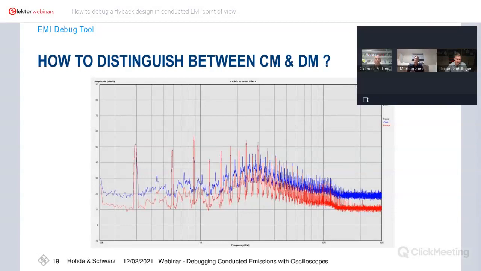Okay, the question is now, we have done our measurement with a better view now, but how can we distinguish between common mode and differential mode? Because we have learned recently that it is quite interesting to know that. And when I measure just in the normal procedure according to the standard, I don't have that much more information, and therefore